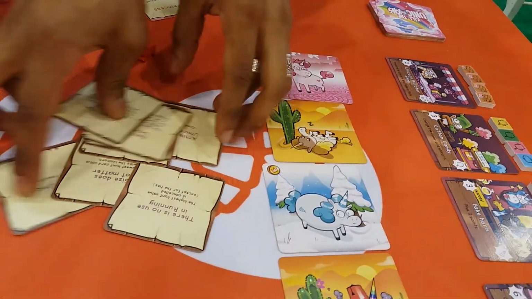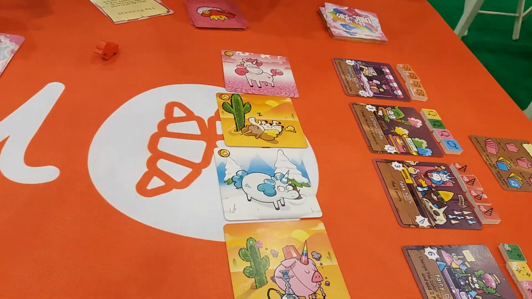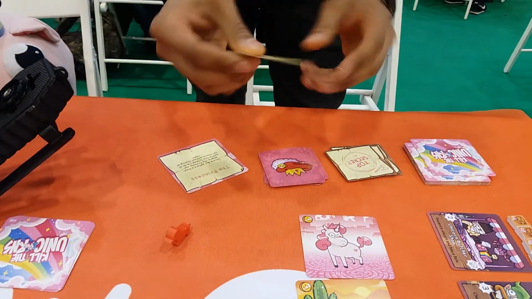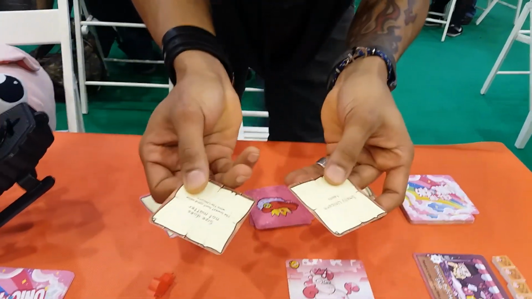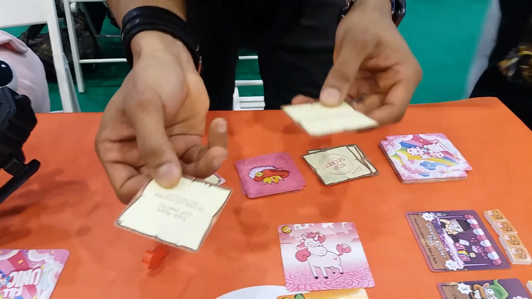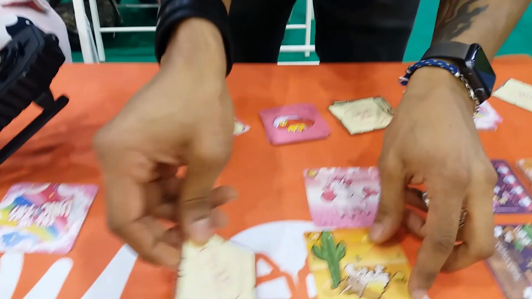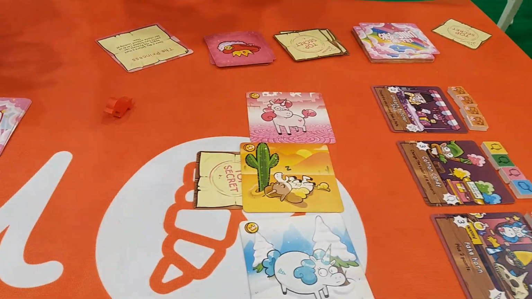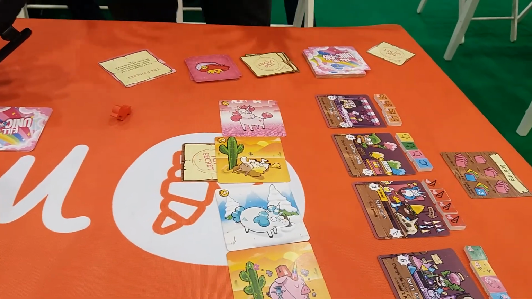So, how does it go? At the beginning of each turn, every player is going to draw the top 2 cards from the ruse pile. He's going to select one and discard the other on the side. So in this case, we'll go with Size Does Not Matter. Discard the other one on the side, and we place the card under the unicorn of our choice. Every other player is going to do the same thing. Once all of the traps or bonuses are placed,